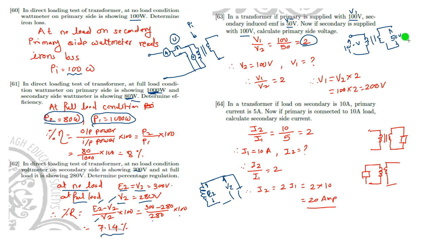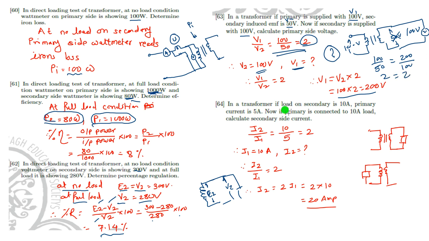But now what I will change, instead of 50 volt, I will supply 100 volt, so now it is 100 volt on the secondary. So what will be the voltage on this side? So V2 is 100 volt. So what is the value of V1? So V1 by V2 is 2. So we want to calculate V1. So V1 is equal to V2 into 2, because this ratio is not going to be changed, because it is the turns ratio. So it gives you 200 volt. So see here it is 100 by 50 and the new calculated value is 200 by 100. Again this ratio is 2, here is also ratio 2.